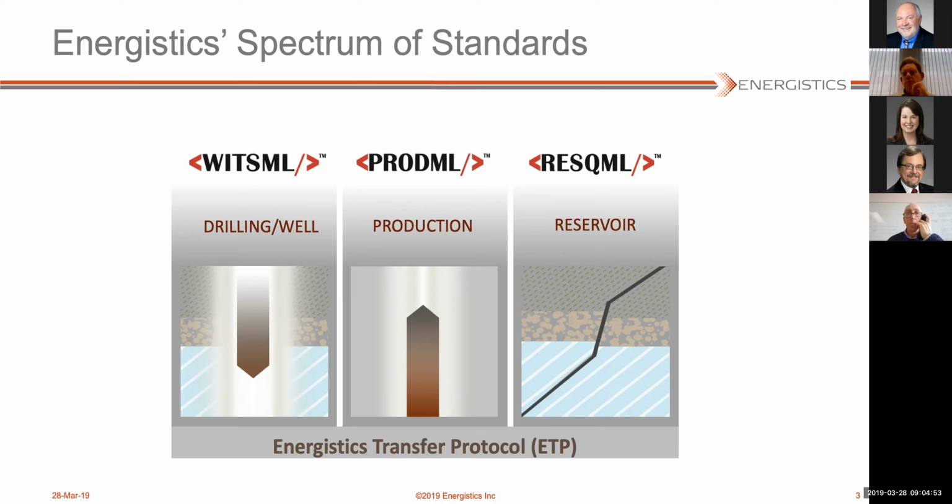Then we have PRODML, which is the production aspect of our transfer standards, and it covers a wide range of things from PVT analysis, monthly production volume reporting, partner reporting, describing the interconnection of the field facilities, and a new model that's just been redesigned for all kinds of well testing based on some collaboration between Schlumberger and Kappa Engineering for pressure transient analysis. And I've left a lot of it out. But the thing we're here to talk about today, of course, is distributed fiber sensing,